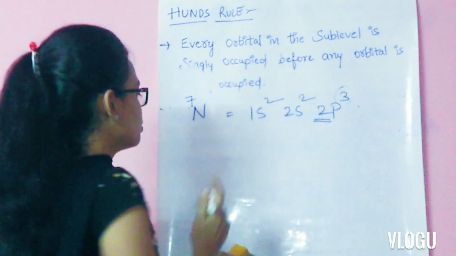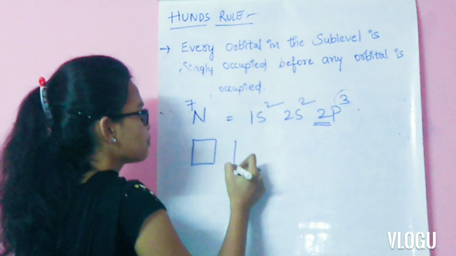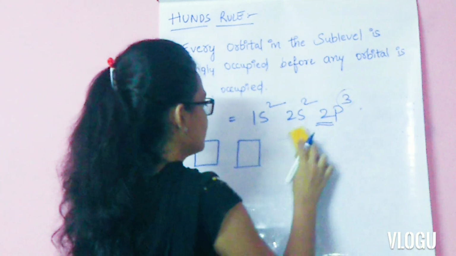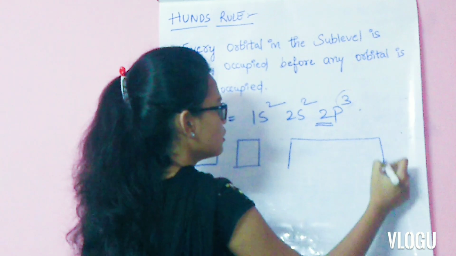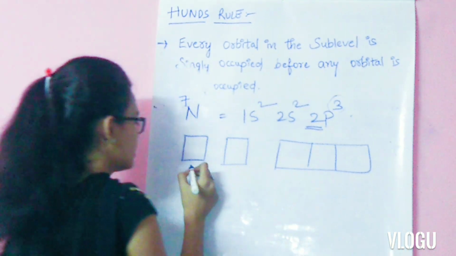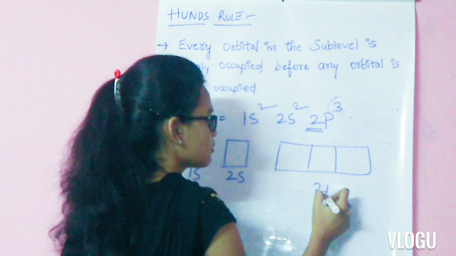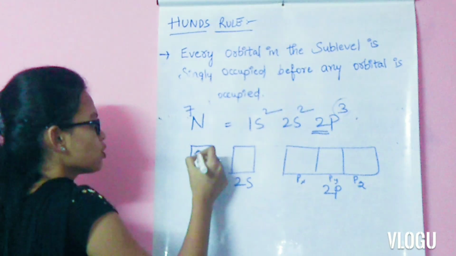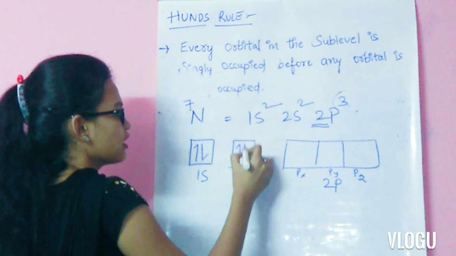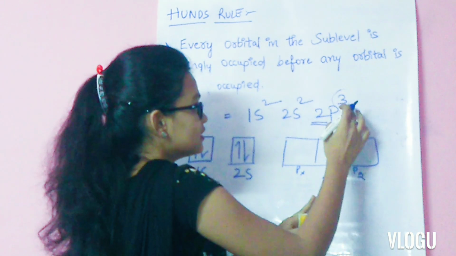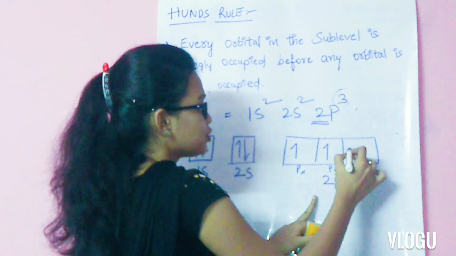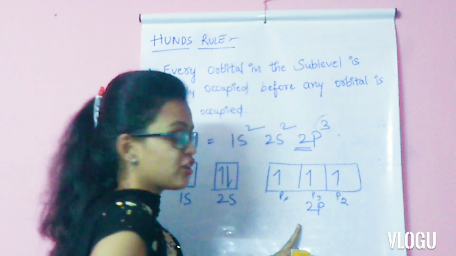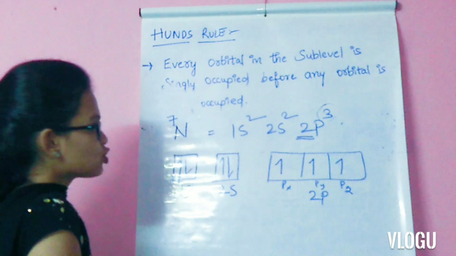Then it comes to Hund's rule, and let us see the structure, that means the electronic configuration structure. 1s, 2s and 2p. It is px, py and pz. Two electrons will pair up in the 1s orbital and two electrons in the 2s orbital. Then the 3 electrons will enter all the 3 orbitals in the 2p sublevel, because all these 3 orbitals are in the degenerate state. So Hund's rule is also applied.